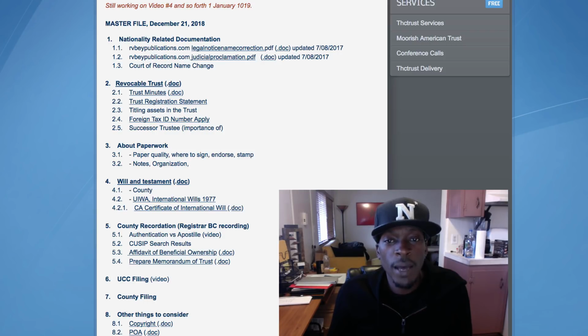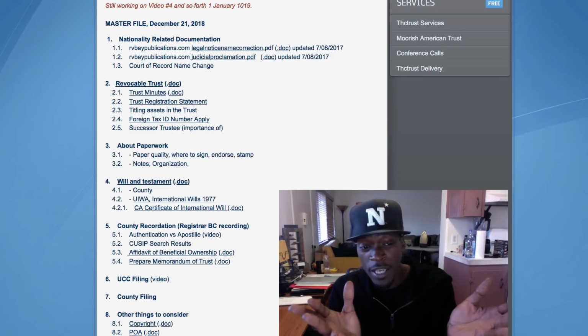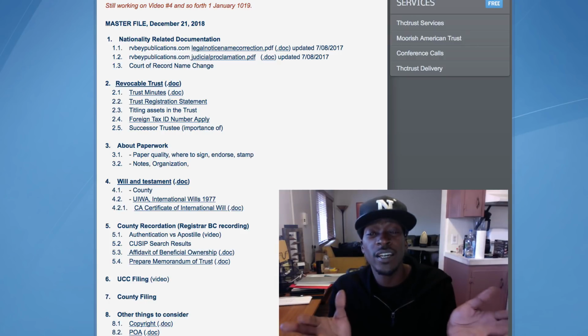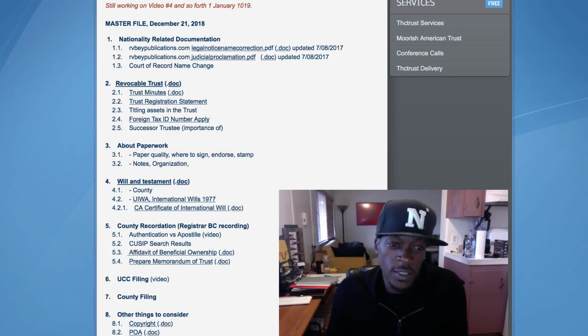we didn't really talk about titling assets in the trust because remember, the living trust is going to title the assets. It's going to take the assets out of the individual name and put those assets in trust. Therefore, kind of like you can say taking them out of the public ledger and putting them on your ledger. Might be one way of saying it. So it's important, as we talked about in that revocable trust, that you appoint a successor trustee. And the reason is because the revocable trust